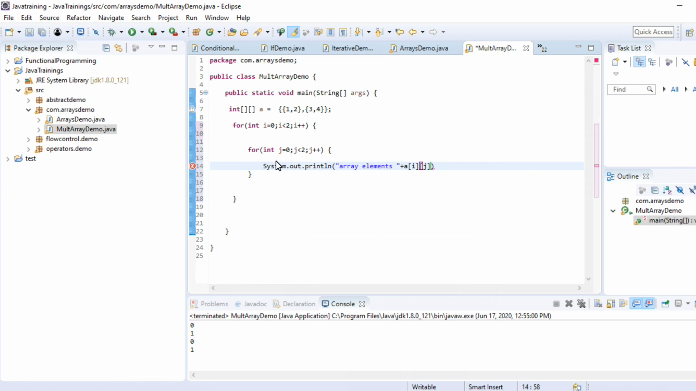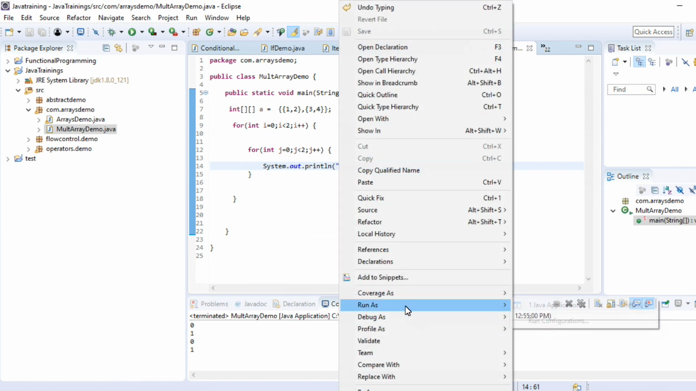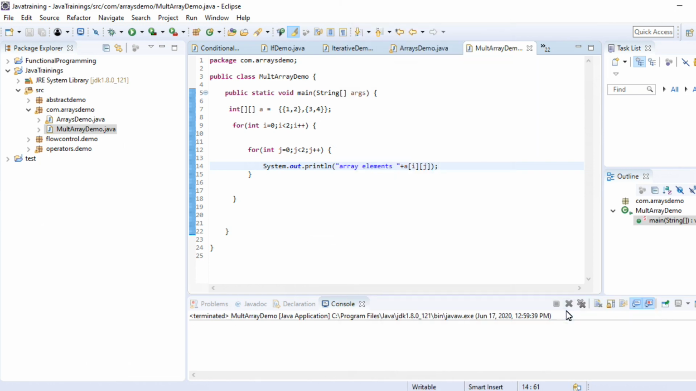a of i j. So we execute this, then you will get all the values inside an array. See, 1 2 3 4, that's what we given here, right? So here